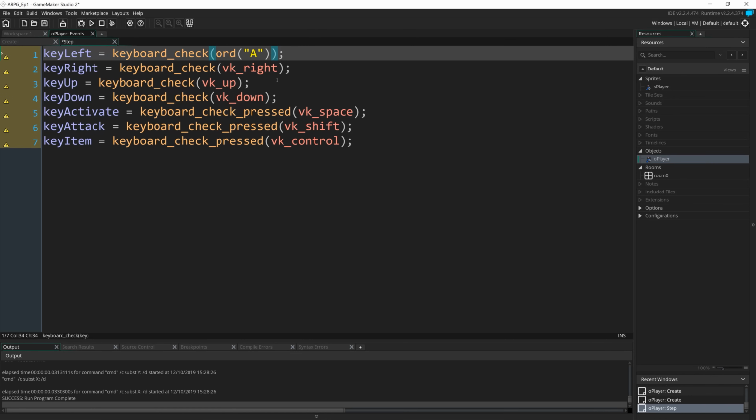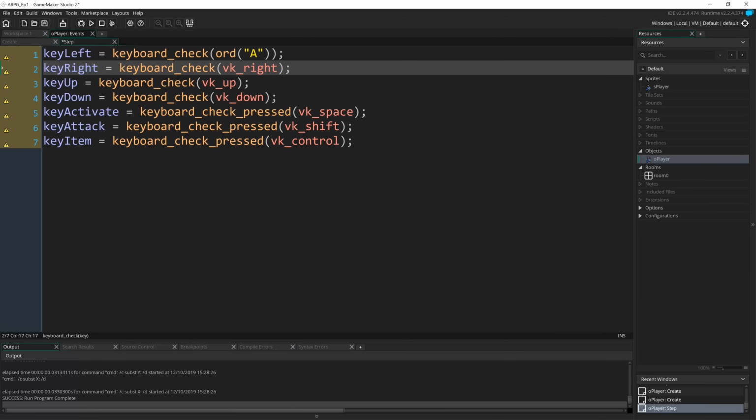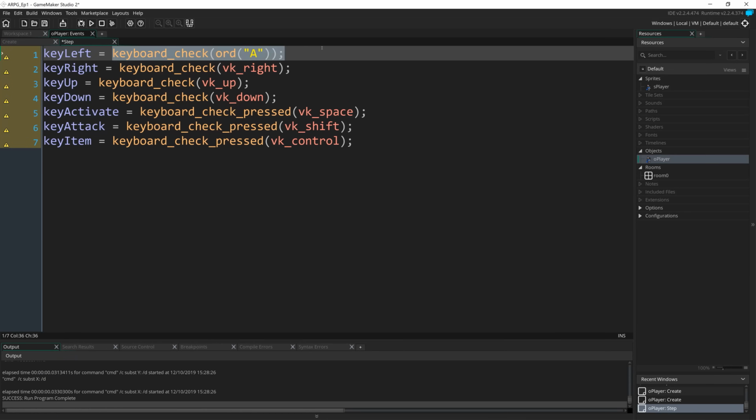The other thing is, what if we want to check two keys? Well, we can actually do that. We can check, in fact, technically as many keys as we want in one particular variable. Because this will just return true or false, we can combine it with another thing that will contain true or false, and we perform a logical OR statement with it. So if I type OR there, you can see it's kind of bolded and gone yellow. And I can put keyboard check OR, and if I just change this one back to VK left,